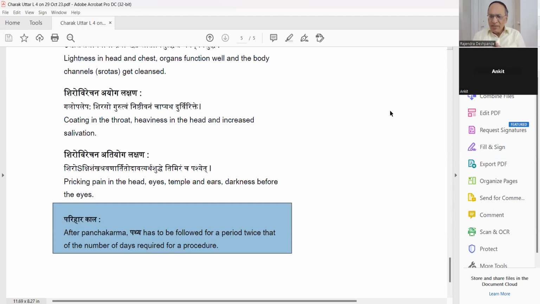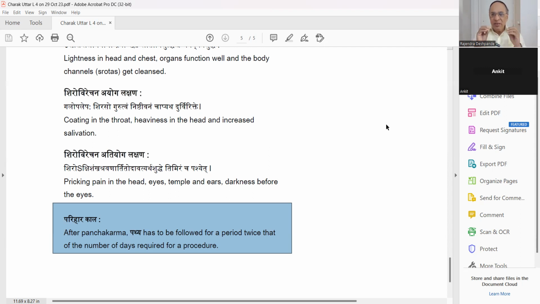I am explaining Parihara Kala. Patients always ask, sir, for how many days should I follow the pathya? The answer is, for example, Vamana. You give the Purva Karma, Snehana and Svedana, for 5 days. Then on the 6th or 7th day you give Vamana. And then the next 7 days, Samsarjana Krama, you remember? Dietary advice: Manda, Peya, Vilepi, Yavagu, Yusha, etc. So total about 15 days. Then he has to follow the next 15 days of all the pathya. So totally 1 month, he will have to be very cautious about his food and lifestyle.